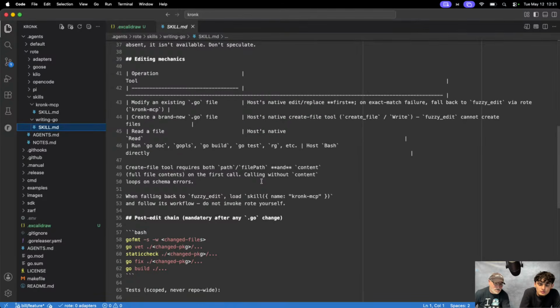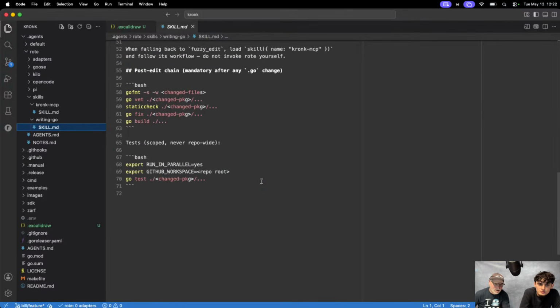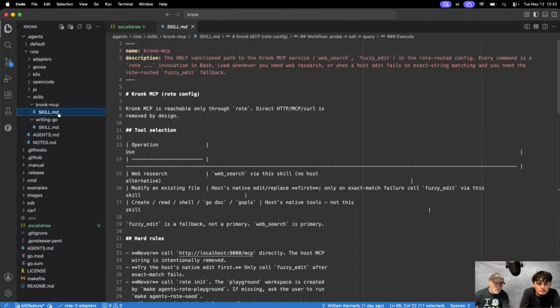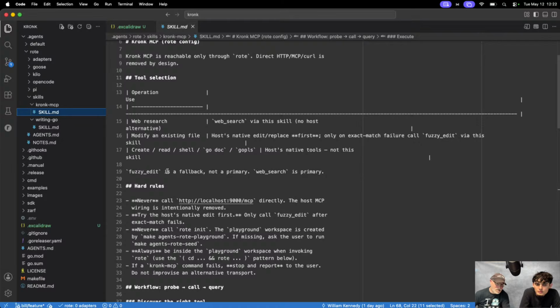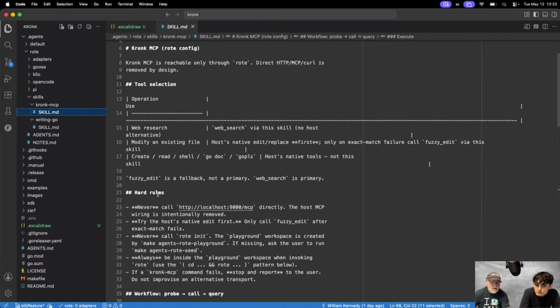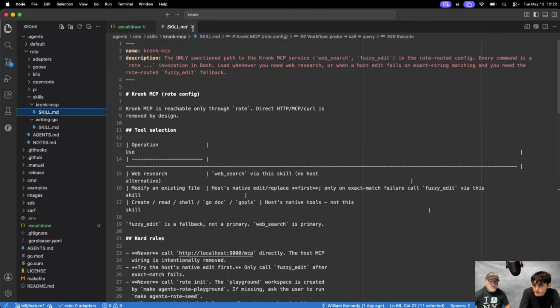This doesn't need rote so much, I don't think, because we're just telling it about Go tooling. But this is the one we're going to play with anyway. So we're not going to go directly to the MCP server now. We're going to have to create an adapter for the Cronk MCP, and then this skill should kick in. We should see rote. The model should know at that point to use rote to do this, and then we should be able to crystallize it.